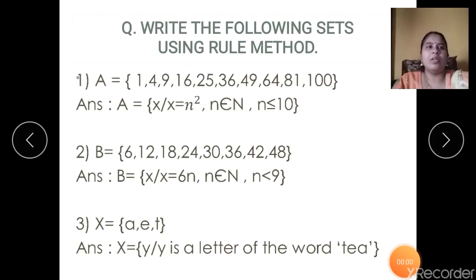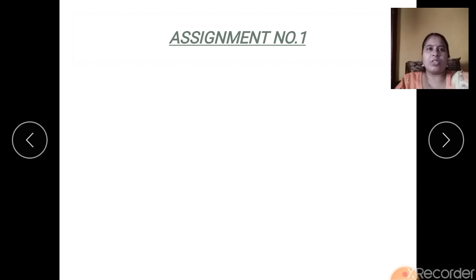Then now we come to the last part of our session. The last part of every session will be assignment questions. Now what are assignment questions? These will be questions based on whatever we have learned in that particular session, and you have to solve them so that you understand whether all the concepts are clear to you. And all these assignment questions have to be submitted when the school reopens. Correct? So you have to solve them and maintain a book keeping all these assignment questions in it.